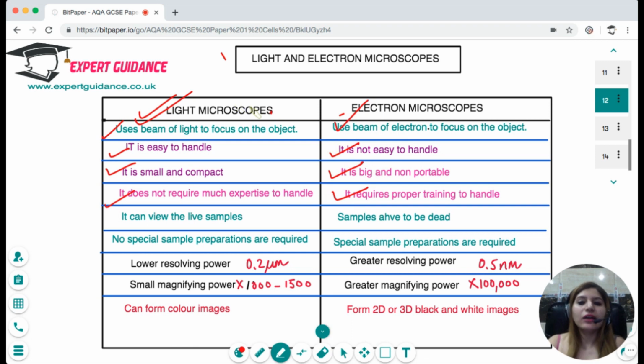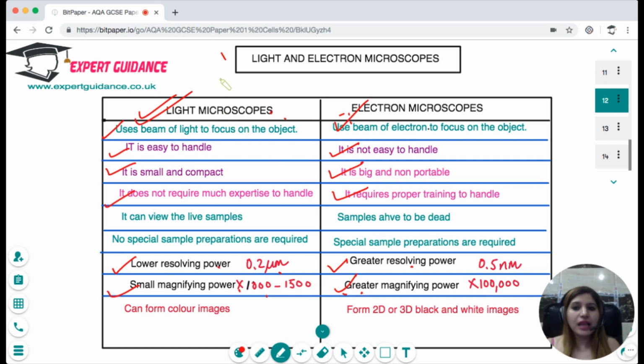Okay, now when we use a light microscope, we cannot see the greater subcellular details because the light microscope has a very low resolving and magnifying power. The resolving power is 0.2 micrometer and magnifying power is just between 1000 to 1500. Whereas for electron microscope, it has a greater resolving power around 0.5 nanometer and the magnifying power is around 100,000 times. So it is the electron microscope that has enabled us to see proper subcellular structures like mitochondria, ribosomes,